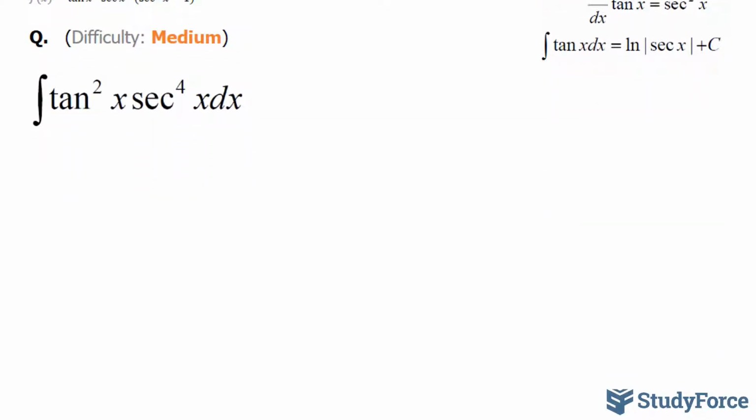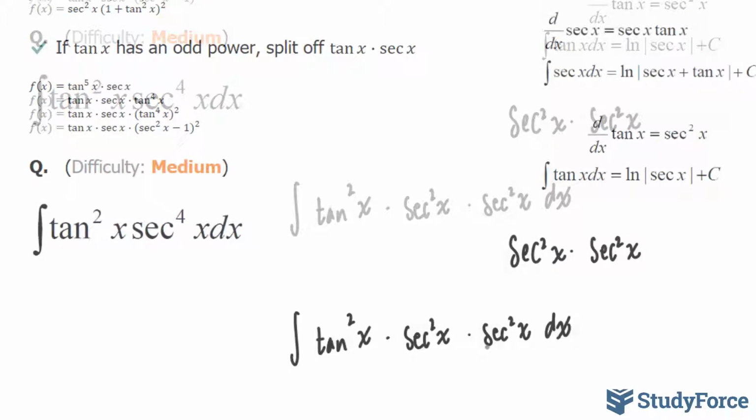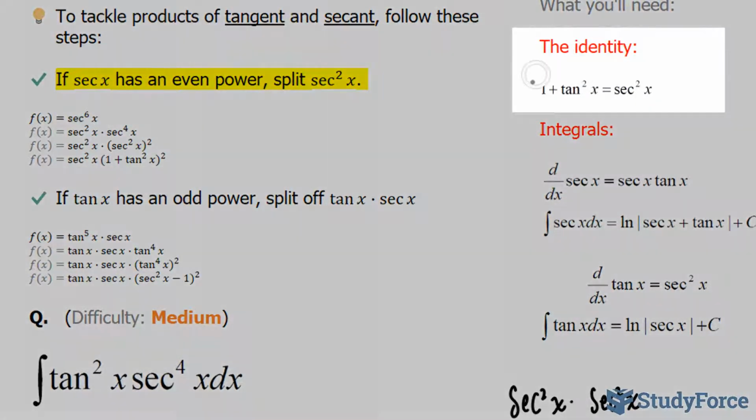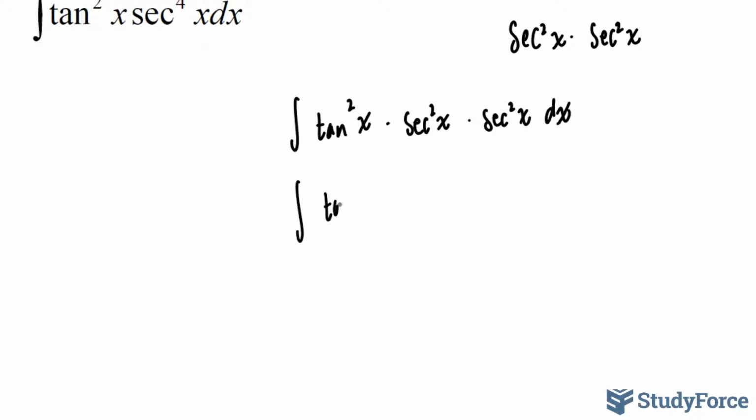So here we have the integral of tan²x secant to the power of 4x dx. As mentioned, the first thing that I'll do is break down the secant to the power of 4x into secant²x times secant²x. So let's rewrite our function: tangent to the power of 2x times secant²x times secant²x dx. Now what I'll do is replace secant²x with the identity 1 plus tangent²x. So let's go ahead and do that. Tangent²x times secant²x times 1 plus